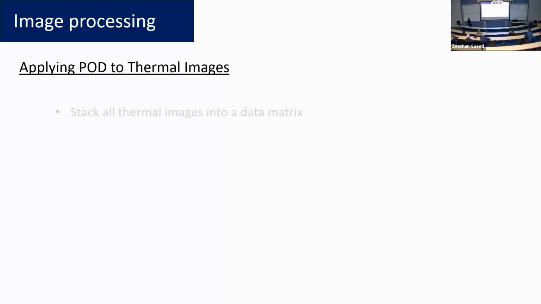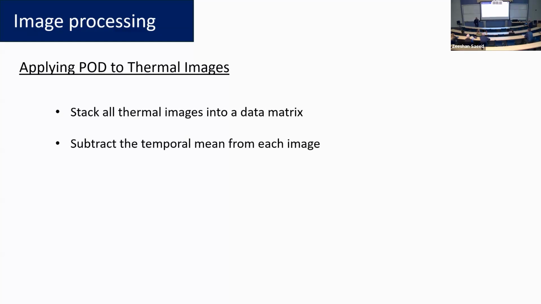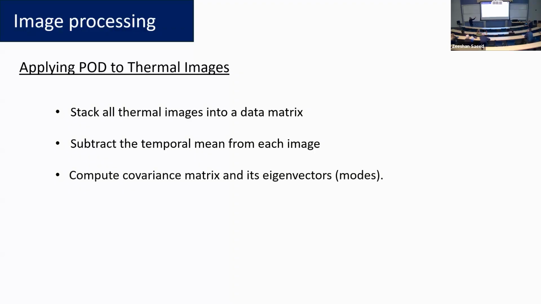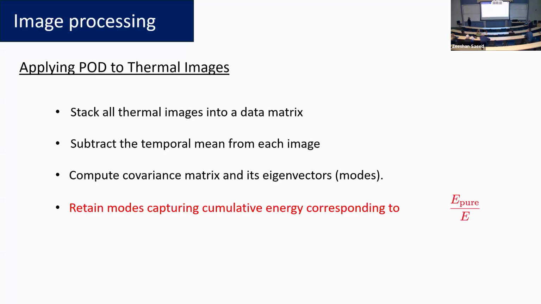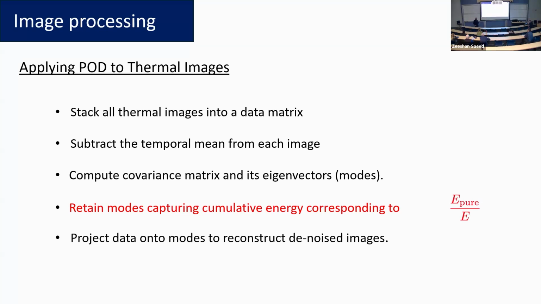but it can contribute in terms of the energy if the measurements are sufficiently reliable. So what I do is stack all thermal images into a data matrix, subtract the temporal mean, get the fluctuating data, and compute the covariance matrix. Here I pose the problem as an eigenvalue problem. I get eigenvectors and eigenmodes, and those are the modes I'm interested in. Then I retain the number of modes required to capture the cumulative energy corresponding to the pure part of the signal, and finally I project the data to reconstruct my denoised images. And what comes out